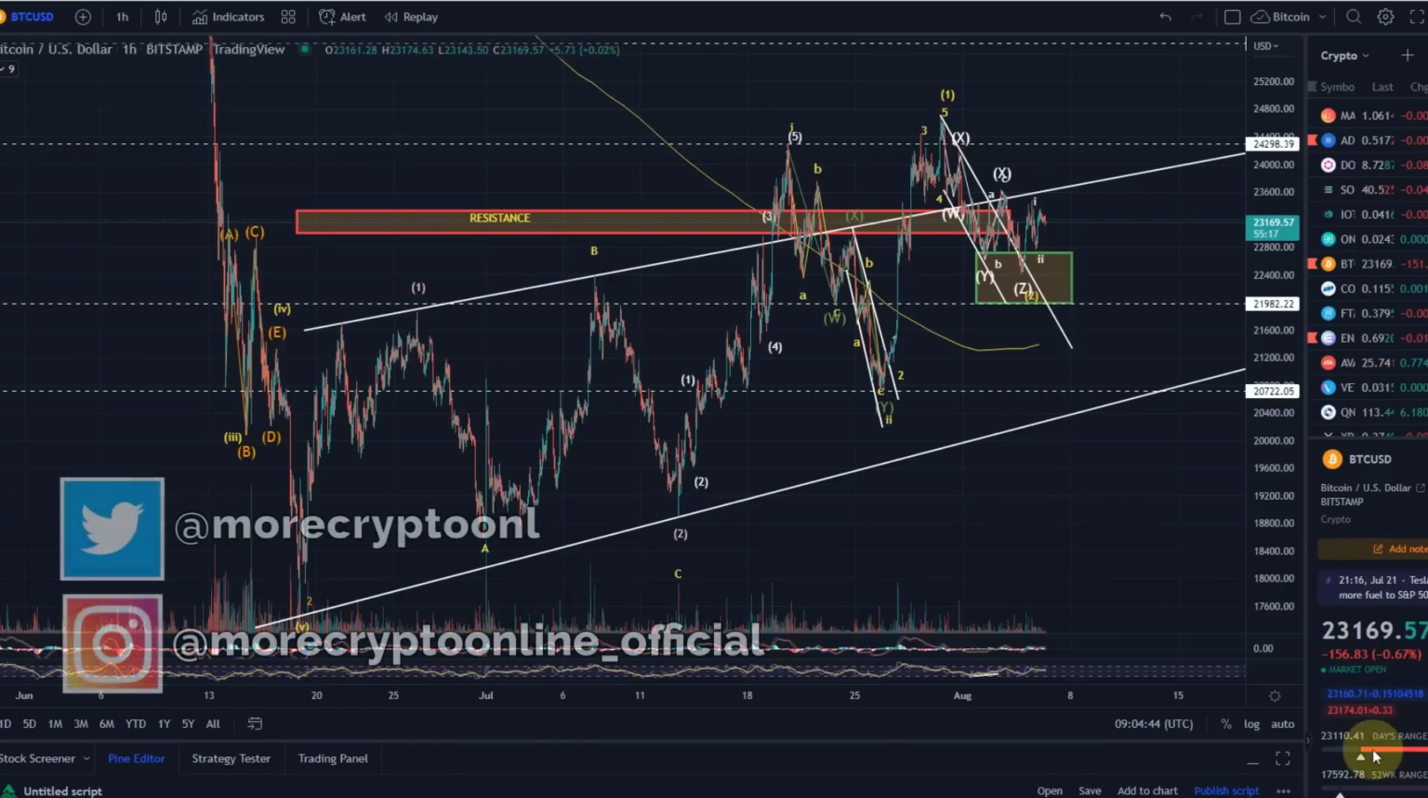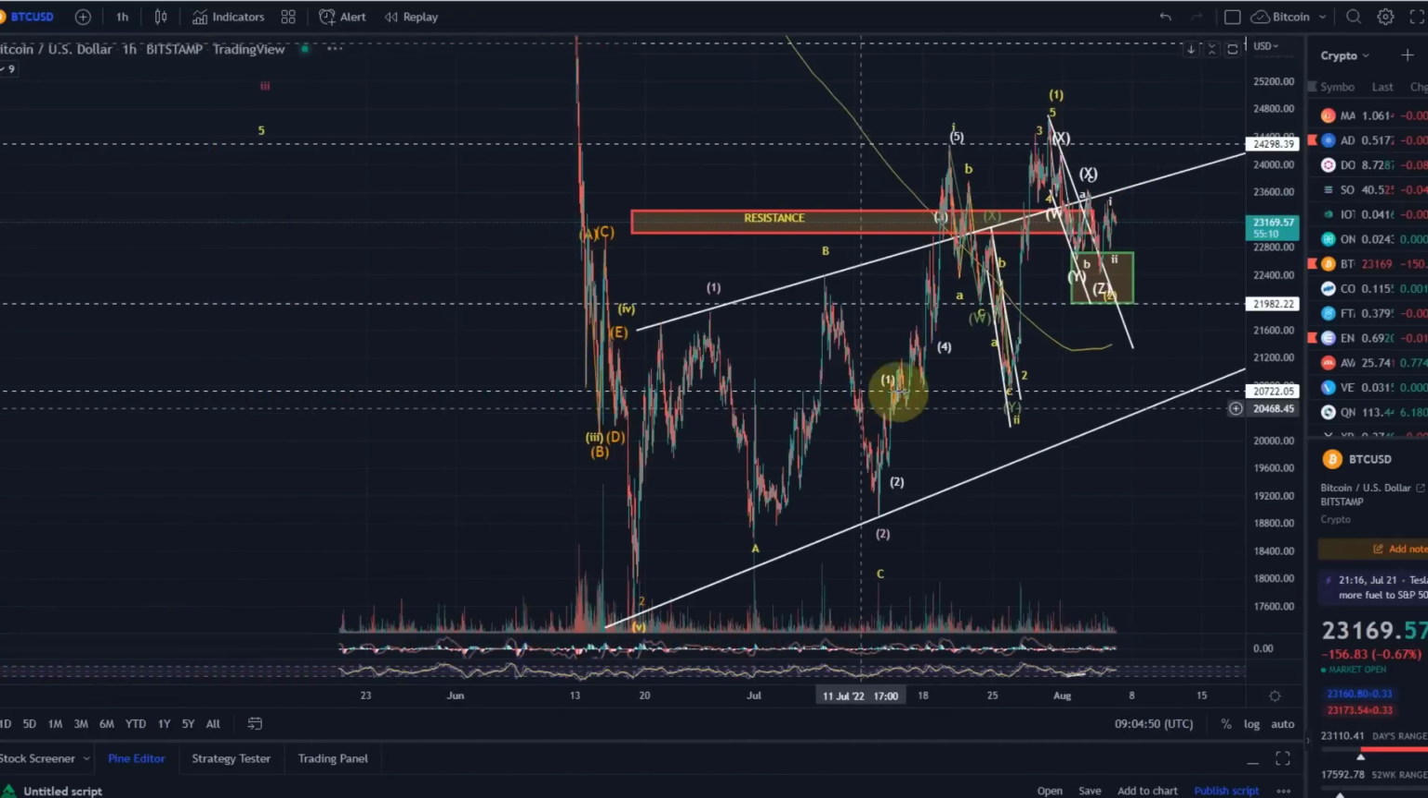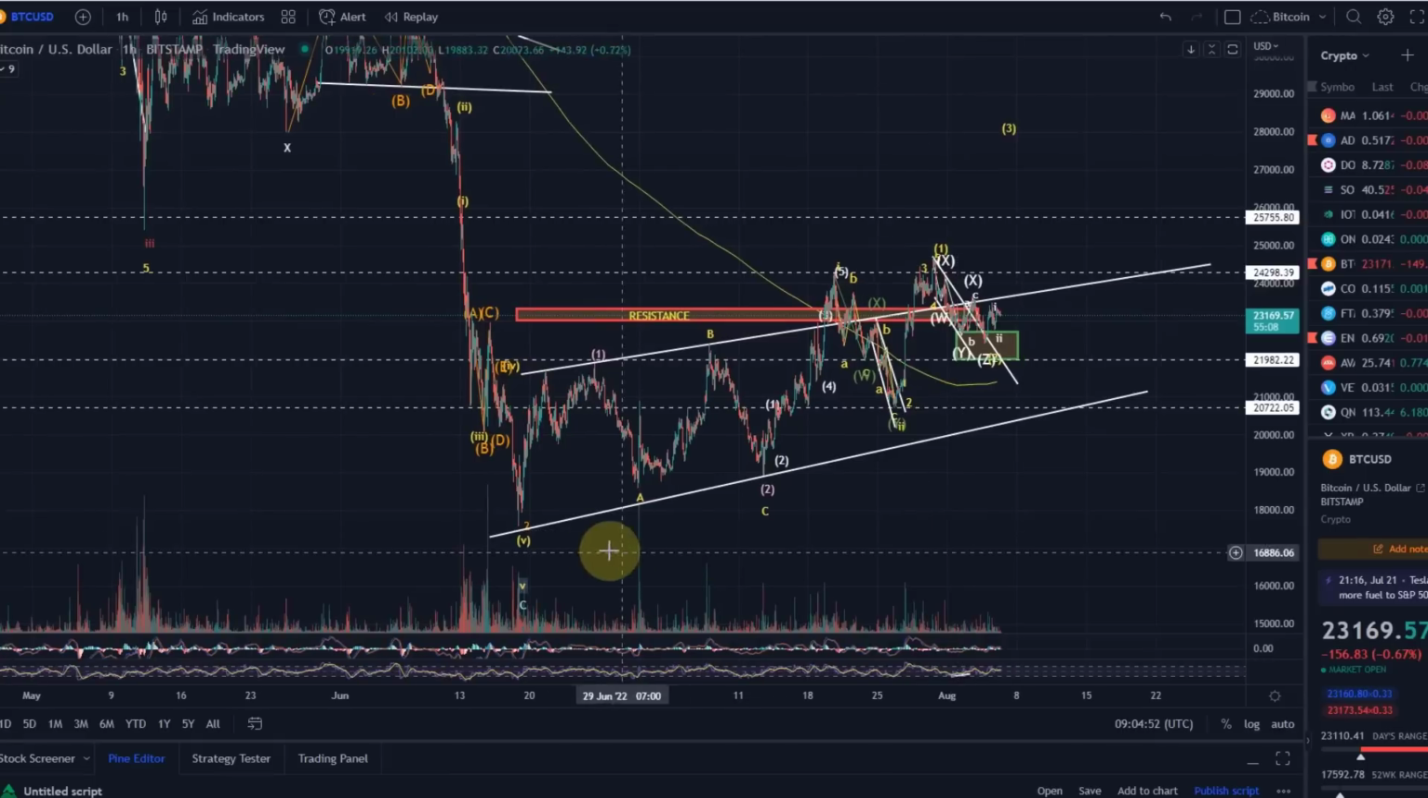So currently the price is moving again in the desired direction. We are starting to go up slowly. We are going to take a look at that in a minute. Overall, where do we come from? Here from the lows at